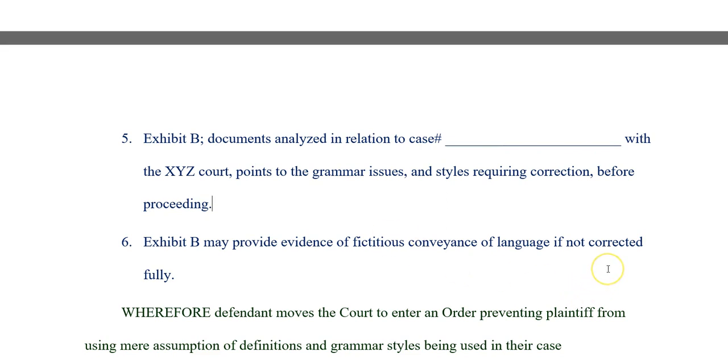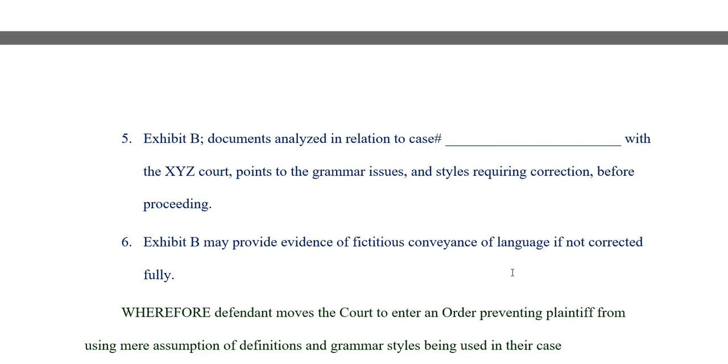Exhibit B may provide evidence of fictitious conveyance of language if not corrected fully. So what you're saying is, here's my forensic evidence. I need you to just give me a response to this. And they're going to come back and say, well, we don't have to. And I said, well, then therefore, I don't have to understand any of the words you speak to me. And you could say, if they say a word means something, you could answer as if it meant something else,